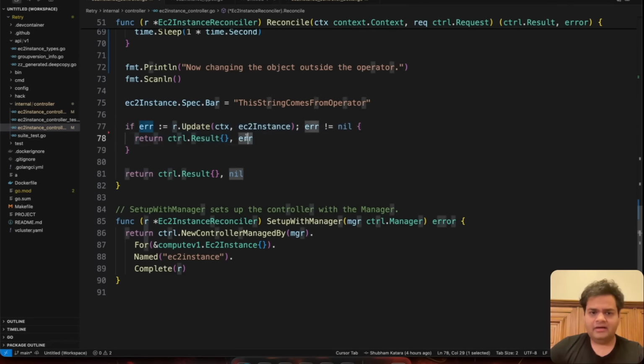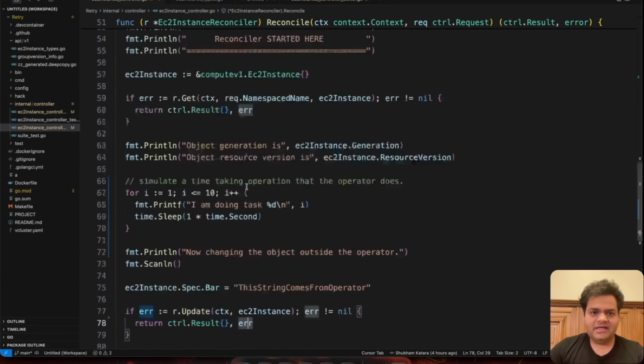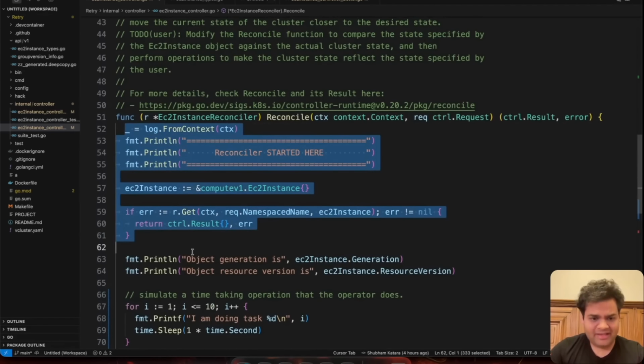If there's no error, don't return anything. The work has already been done. If nothing is returned, the reconciler does not run again. It just waits for a new change to an object that it is responsible for. But see what would happen. Because we will not be able to update, there's an error. The reconciler will run again from the beginning,